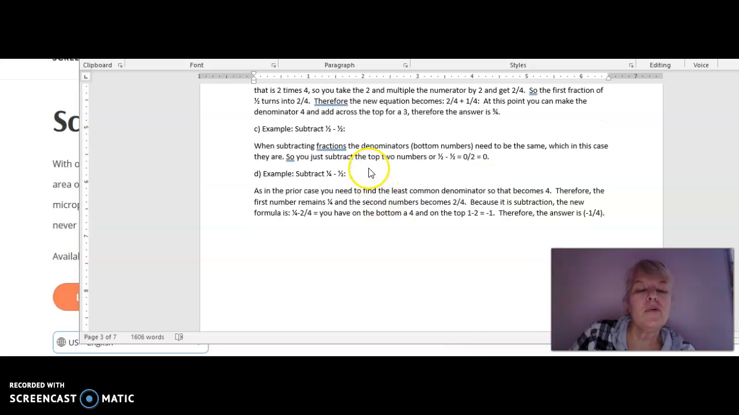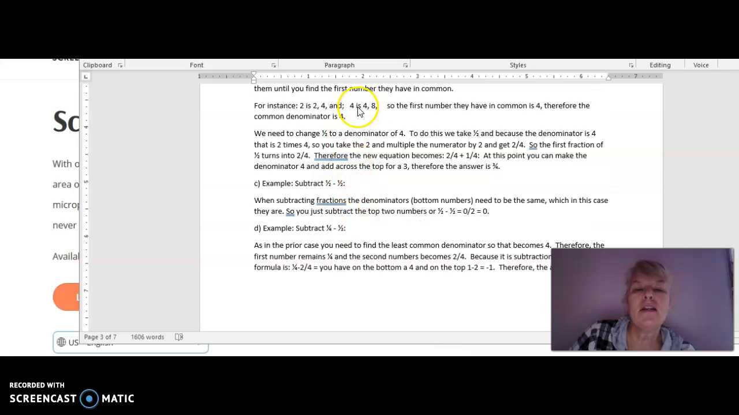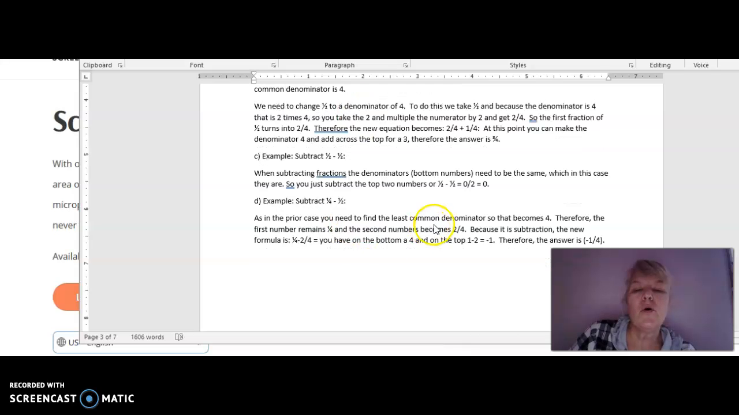In the fourth example, we have subtract 1/4 minus 1/2. We know from up above here we need to find a common denominator. So the second number is going to become 2 over 4. And because it's subtraction, the new formula is 1/4 minus 2/4. And what you get is if you subtract 1 minus 2, you get -1, and the 4, we just keep the same. So the answer is